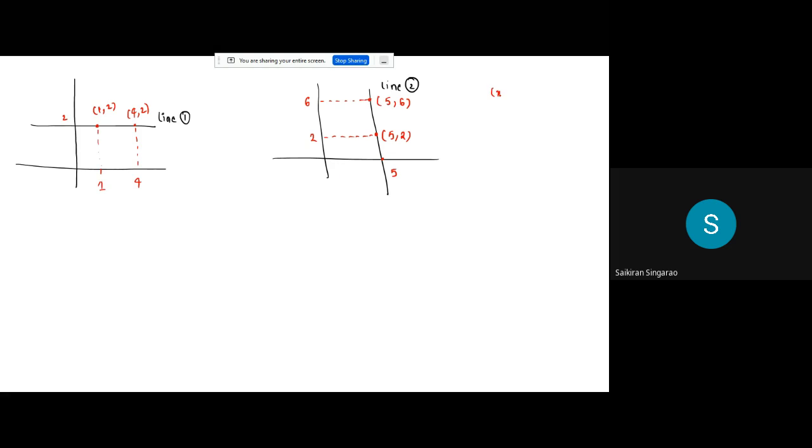If you have x1 y1 and x2 y2, two points with you, how do you find the slope? Can you tell me at least this slope formula, whenever you have two points? Come on, sir. Can you tell me what's the slope formula?